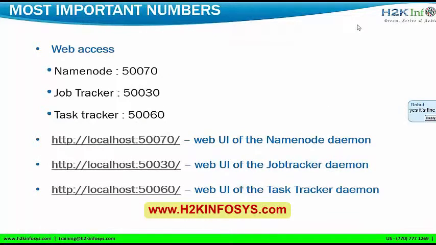So these are the most common configuration properties. HDFS can be interacted with in many ways. One of the ways is through web access. If I want to see how my name node daemon is running, I can connect to this particular site, http://localhost:50070.